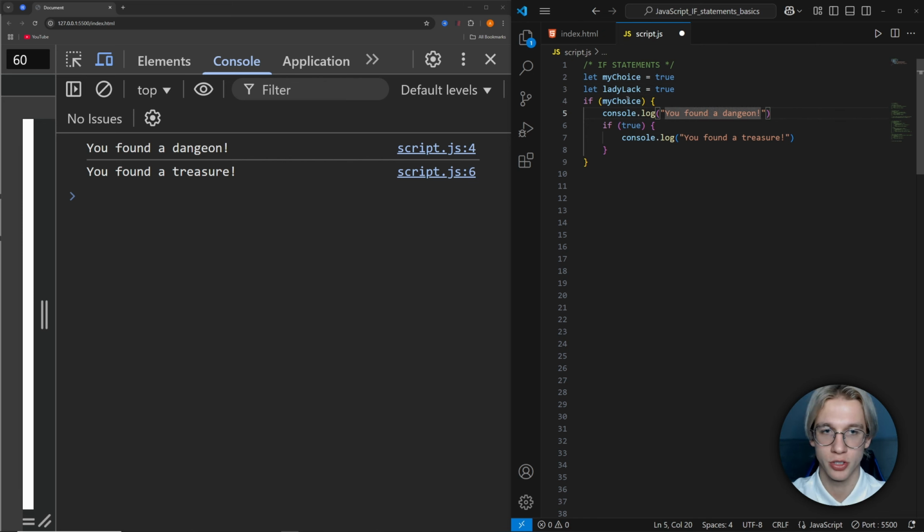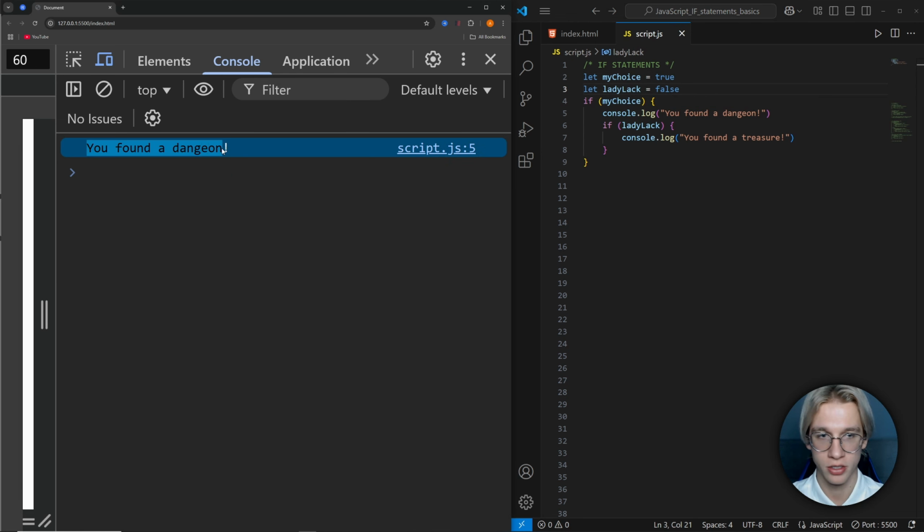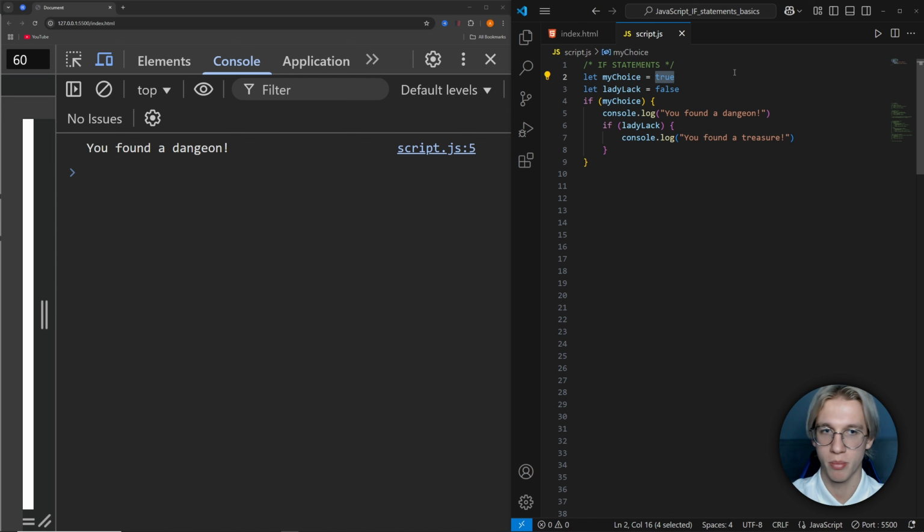I change our second choice with lady luck. So it means that it's not our player who chooses what to find in the dungeon, but it's some kind of accidental choice. Right now, of course, we can change it. So for example, to false. And if I save the file, we found a dungeon, but we didn't find a treasure. I change them both to false. And let's write our